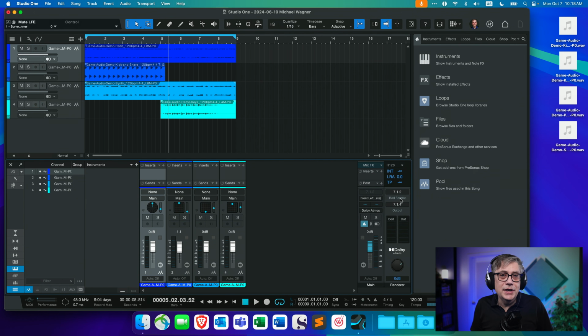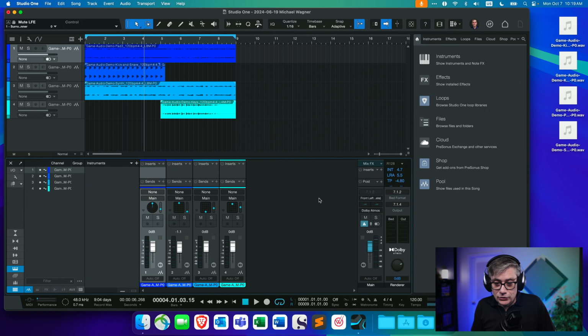Now I still have a stereo main output. That means that if I play that now, it's going to sound a little bit off. As you can hear, essentially the two stereo channels, the left and the right channels, are really dominant. That's where the kick was. So what we need to do is turn that into something that is rendered binaurally, and the best way to do that is with Virtuoso.